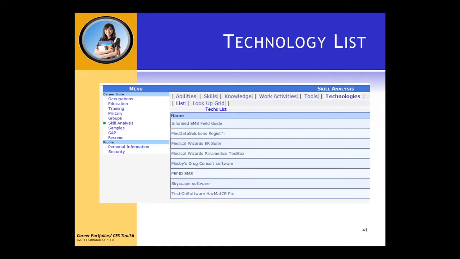You're going to be able to add in software applications, equipment applications within your field, because one of the things we know very concretely, all employers are looking to see how up to date you are on the technologies. You will find in some of your areas they are so specific that they require you to be able to use a smartphone, not a dumb phone, in the cases we've all talked about here.